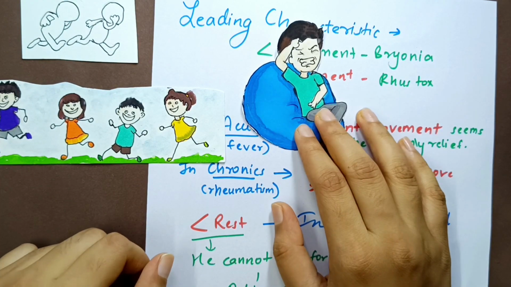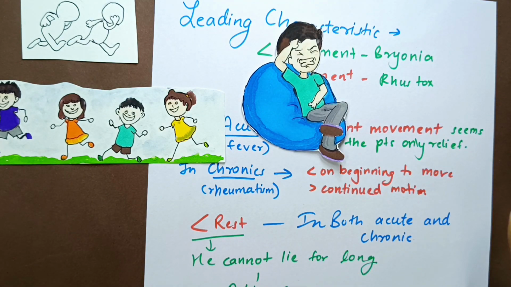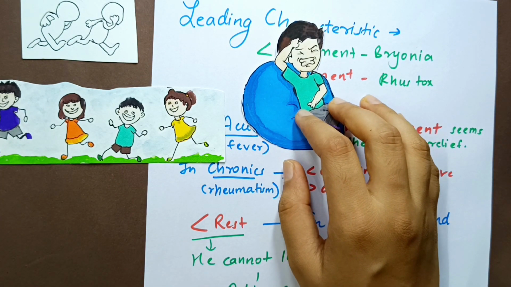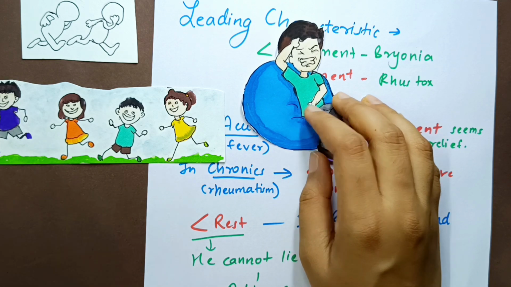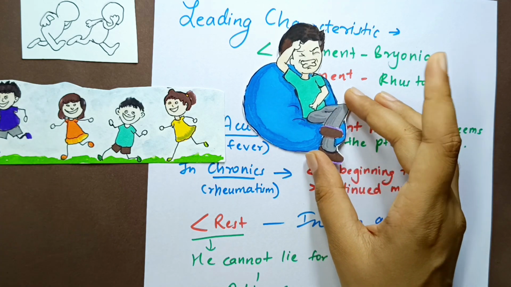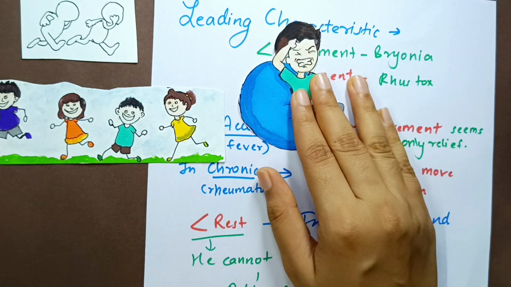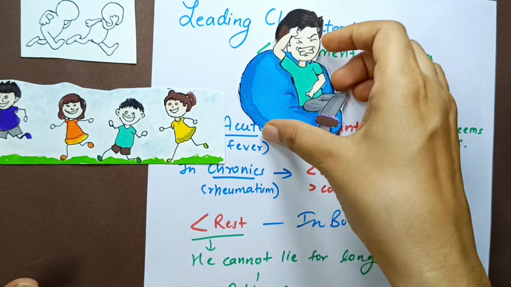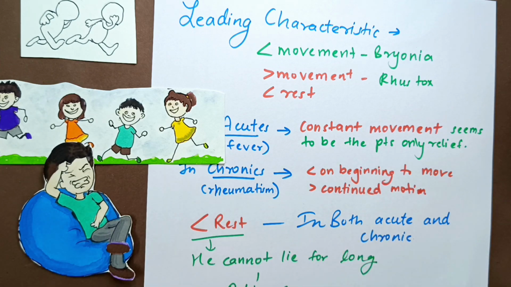So when they are lying at home, on a comfortable couch or sofa, very nice, but now they are resting, that will aggravate their complaints and give rise to more pain. So they will not be happy resting like bryonia. Rhus Tox doesn't want to rest, relax. They want to keep moving. Okay, so that is what is there in Rhus Tox, exactly opposite of bryonia.